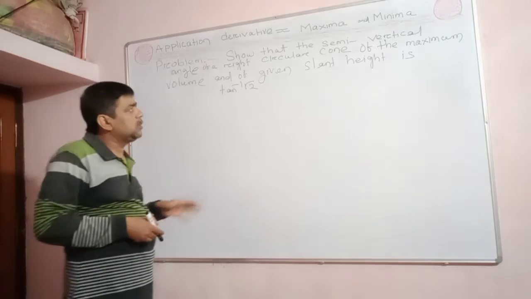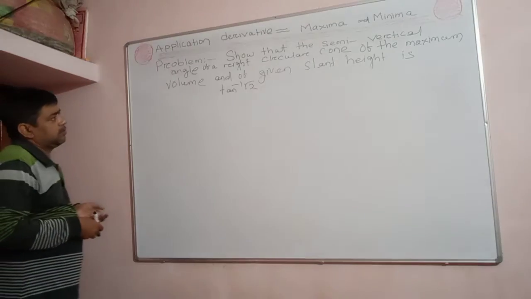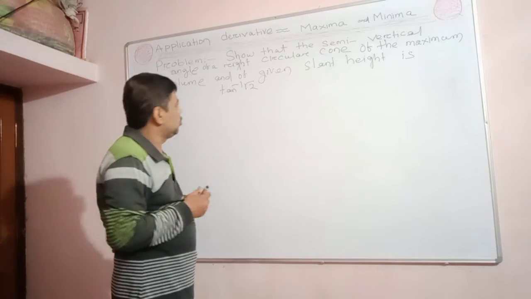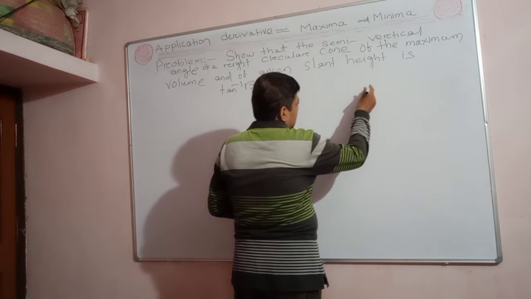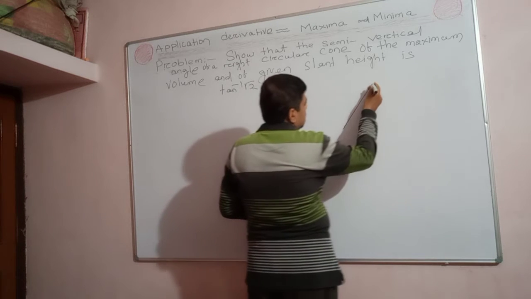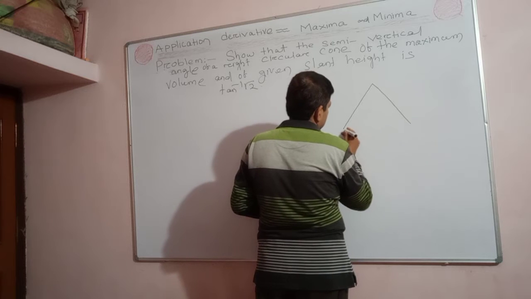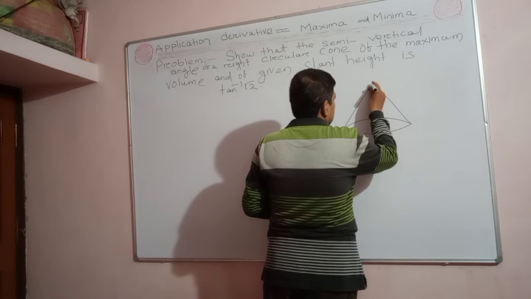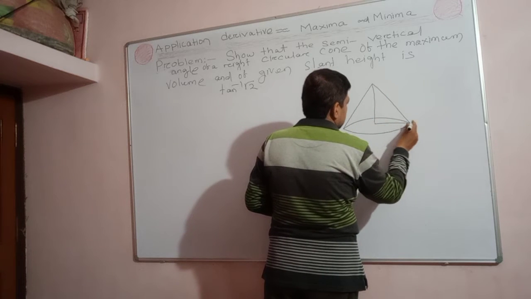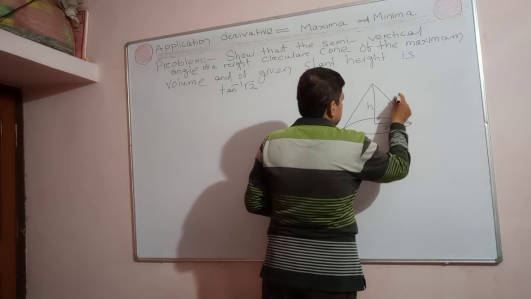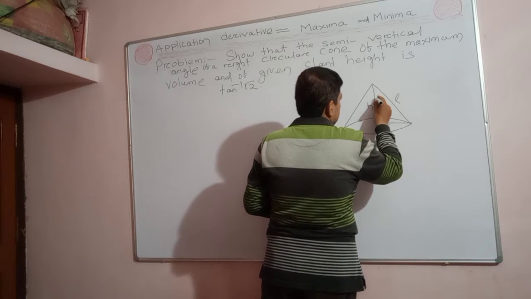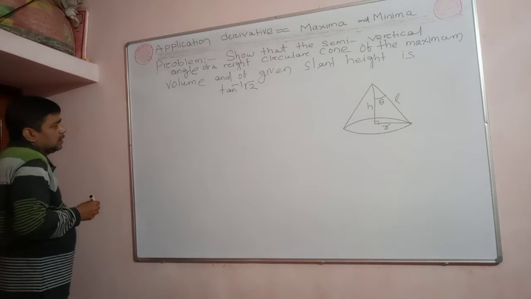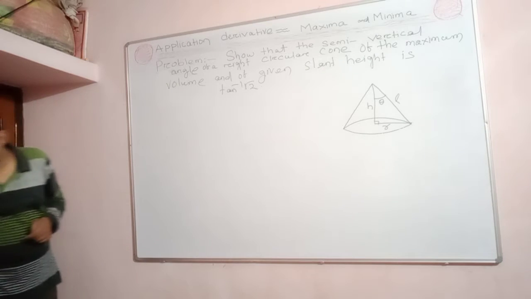This is one of the problems to study the maximum and minimum value of a function, which is an important concept of application of derivative, all of you know. Let's see. Here is given a right circular cone. This is the height, this is the radius, and this is the slanting height. This angle is known as the semi-vertical angle theta. Understand? It's clear, all of you?